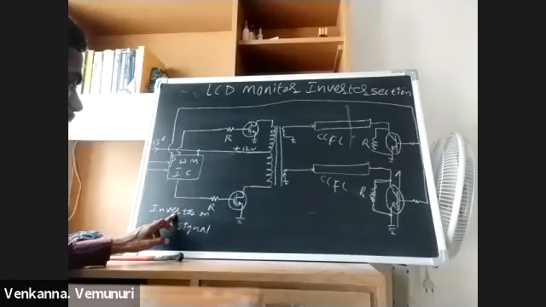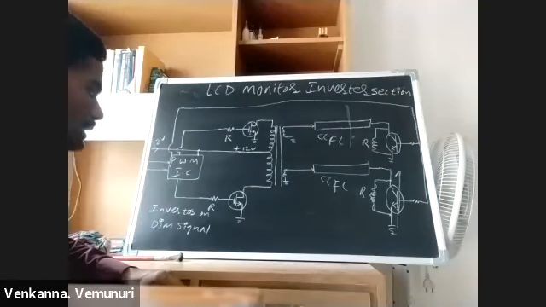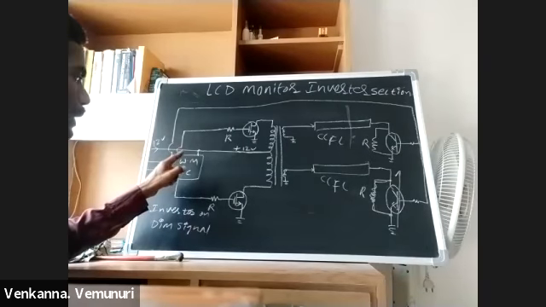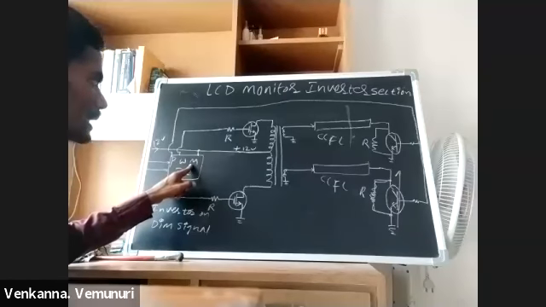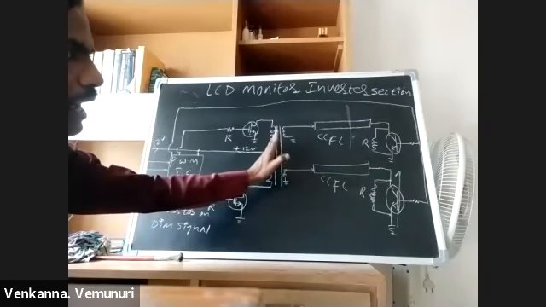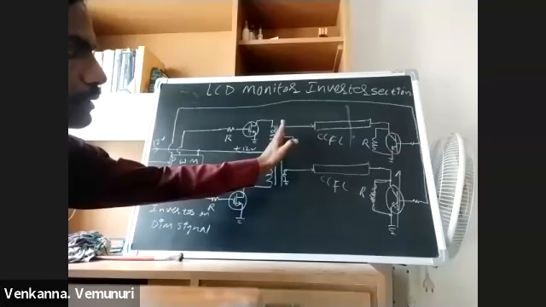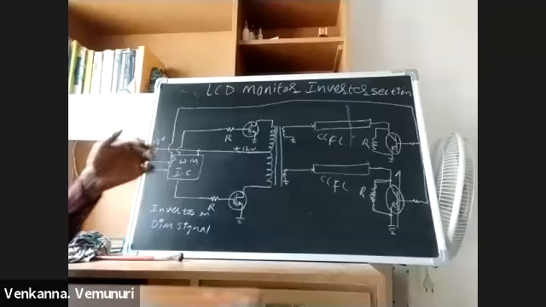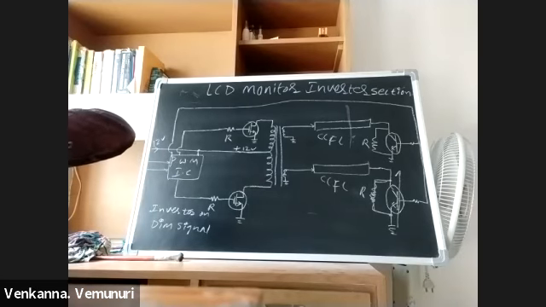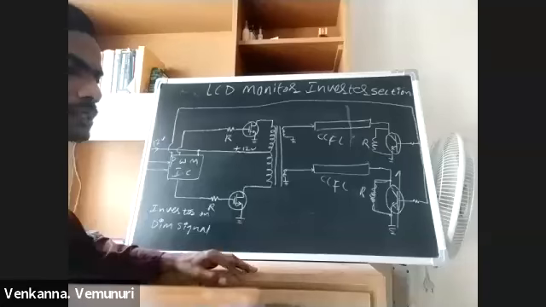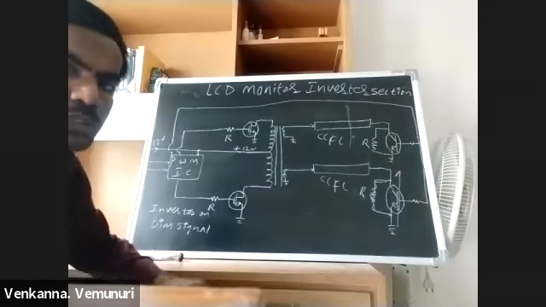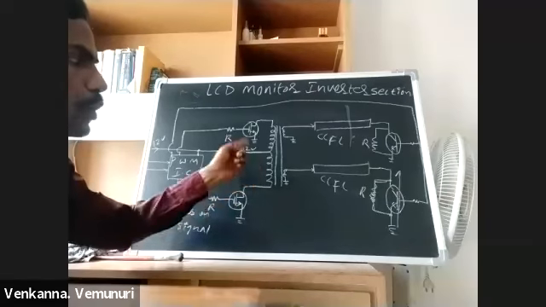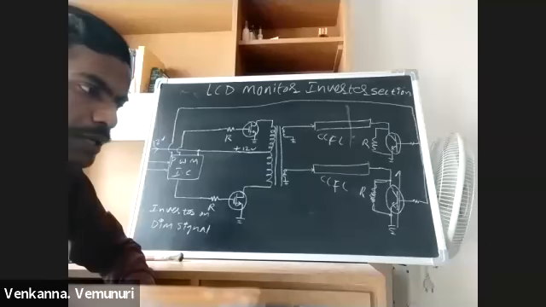The other is inverter on. When the input video signal is coming, the motherboard sends the signal to the PWM IC. Only then does the PWM IC generate switching signals, only then is the inverter section on, and it sends voltage to the CCFL lamp. Only then is the monitor glowing. If the input video signal is not coming, the monitor gives a message, no video signal or no input signal, and waits up to half a minute or one minute. After that it goes to sleep mode, meaning standby mode.